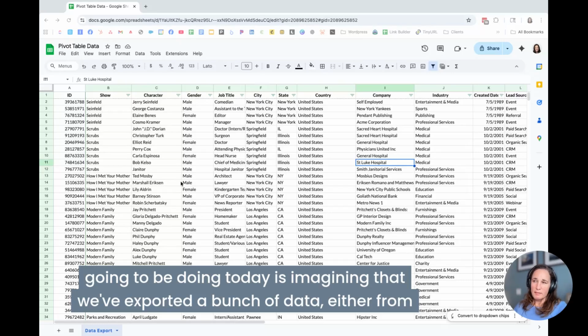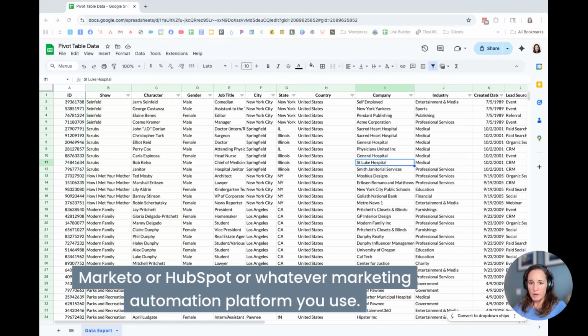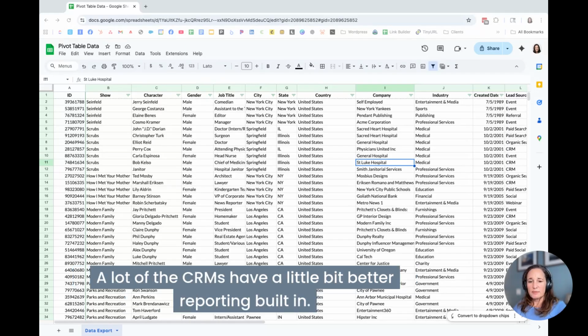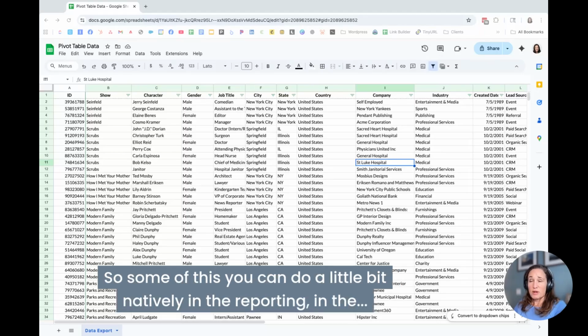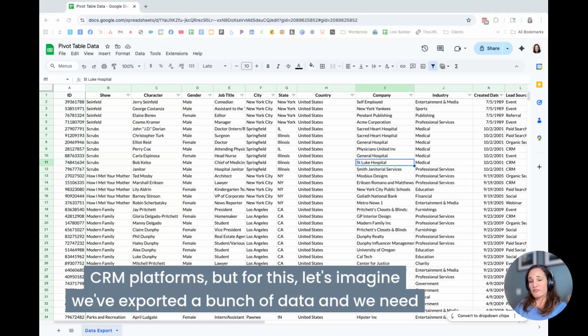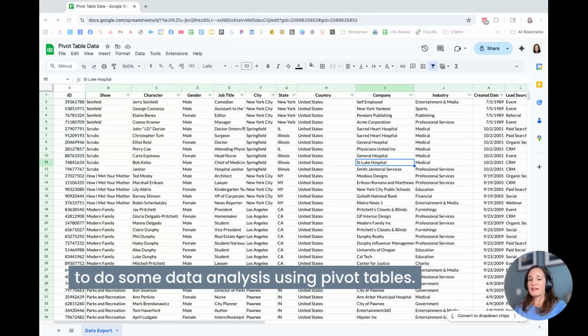What we're going to be doing today is imagining that we've exported a bunch of data either from Marketo or HubSpot or whatever marketing automation platform you use. A lot of the CRMs have a little bit better reporting built in, so some of this you can do natively in the reporting in the CRM platforms. But for this, let's imagine we've exported a bunch of data and we need to do some data analysis using